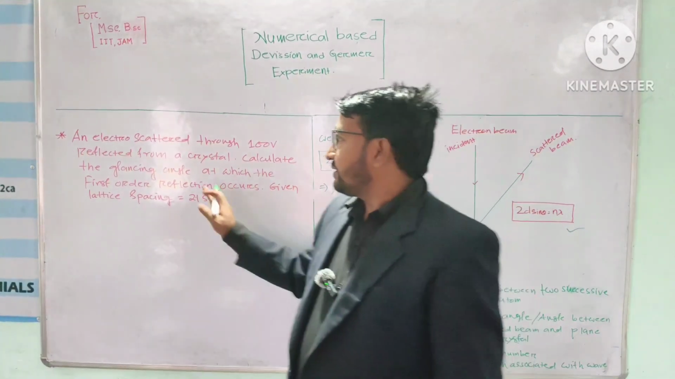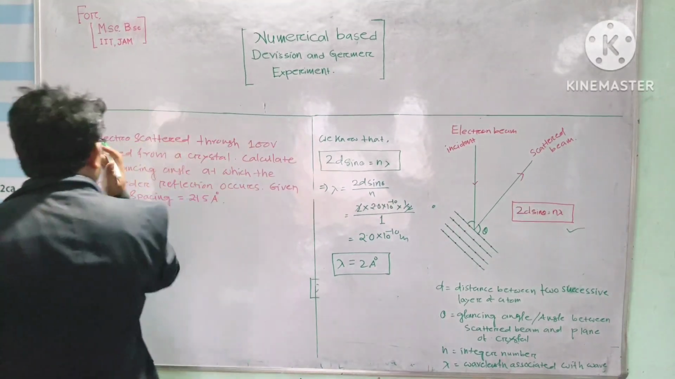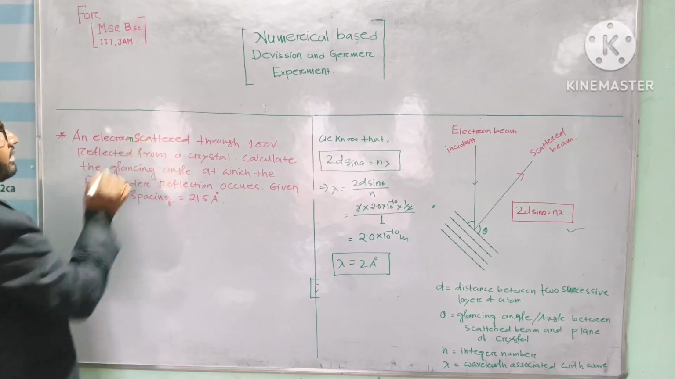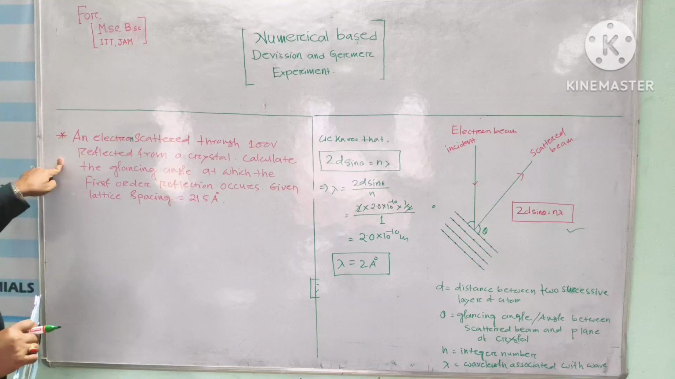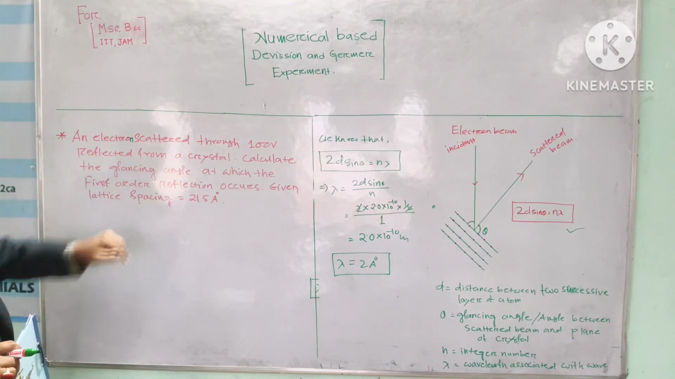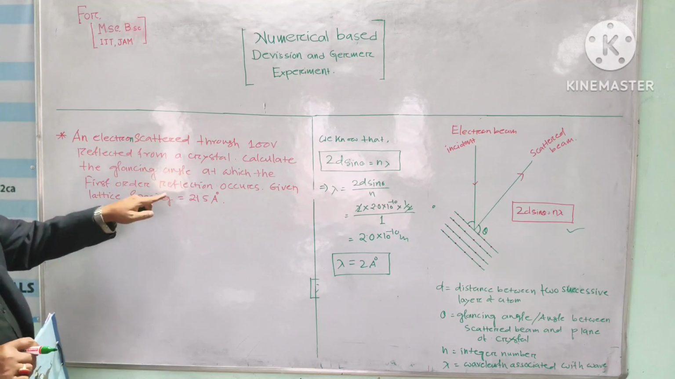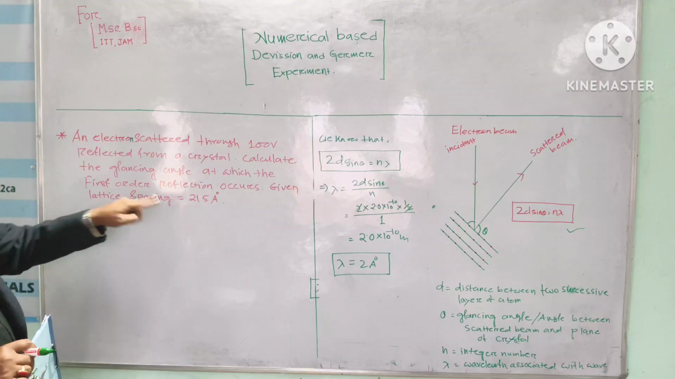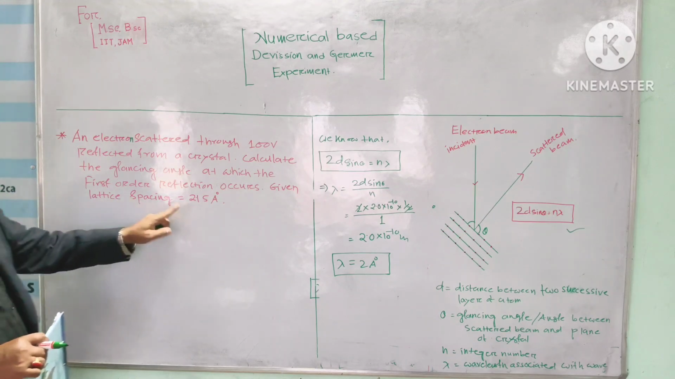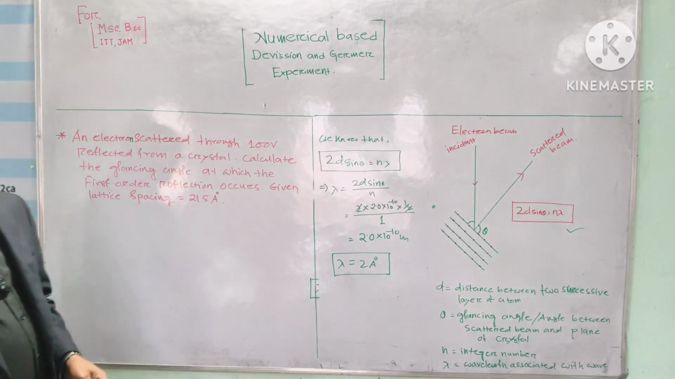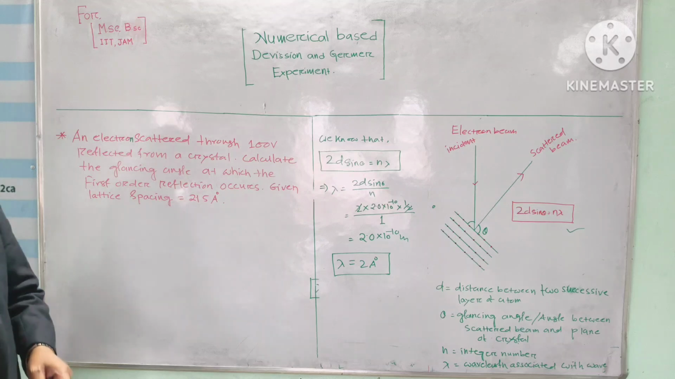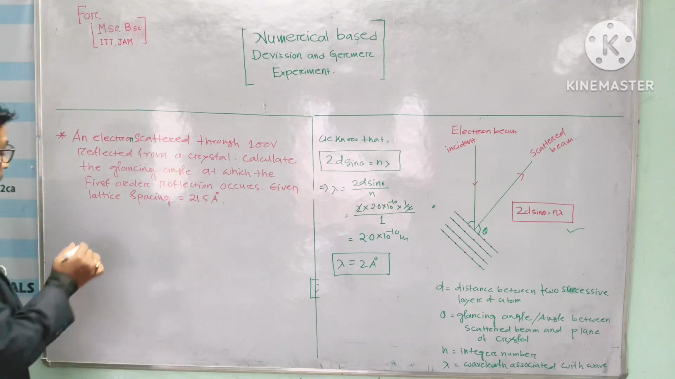Our next problem is this: an electron accelerated through 100 volt is reflected from a crystal. Calculate the glancing angle at which the first order reflection occurs, given lattice spacing is 2.15 angstrom. Now I am going to solve this problem. Solution: